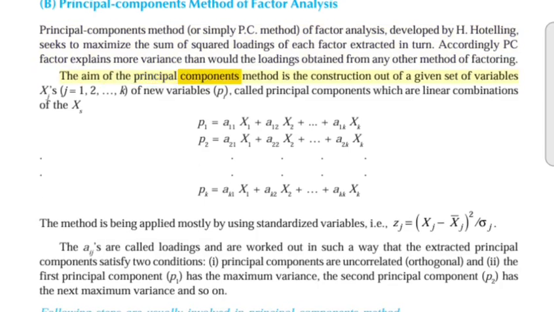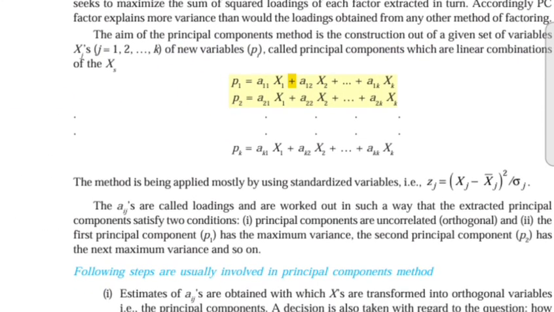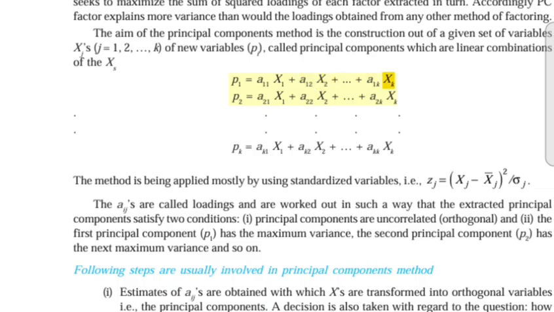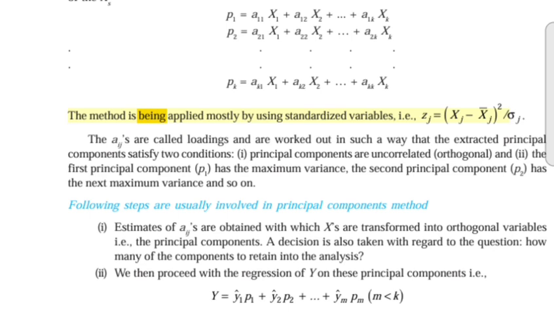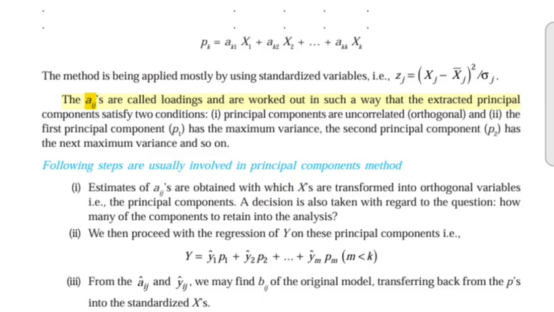The aim of the principal components method is the construction, out of a given set of variables x_j (j = 1, 2, ..., k), of new variables p_i called principal components, which are linear combinations of the x's: p1 = a11x1 + a12x2 + ... + a1kxk, p2 = a21x1 + a22x2 + ... + a2kxk, ..., pk = ak1x1 + ak2x2 + ... + akkxk. The method is applied mostly by using standardized variables. The a_ij's are called loadings and are worked out in such a way that the extracted principal components